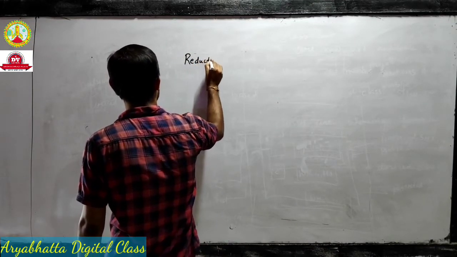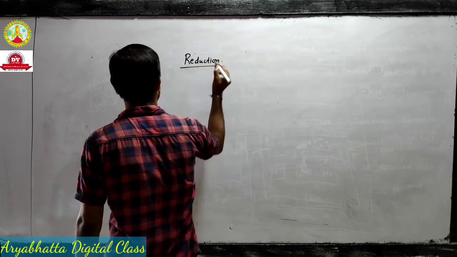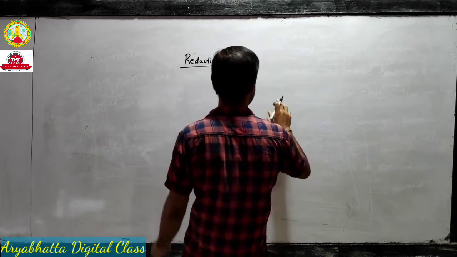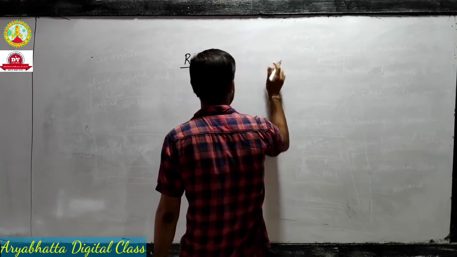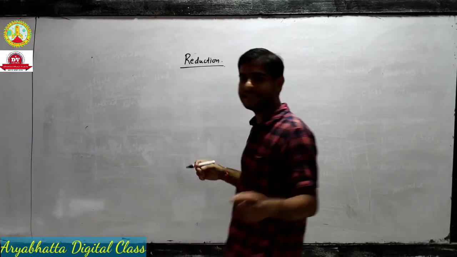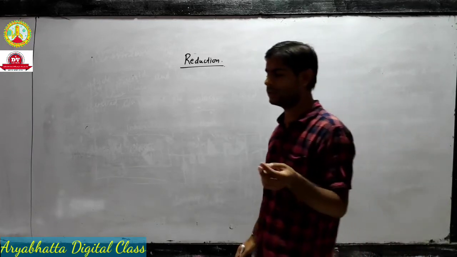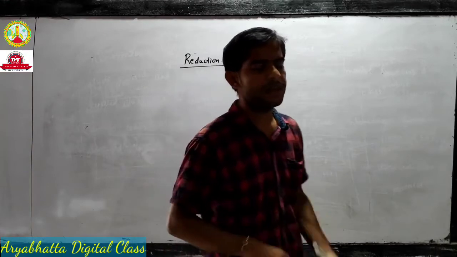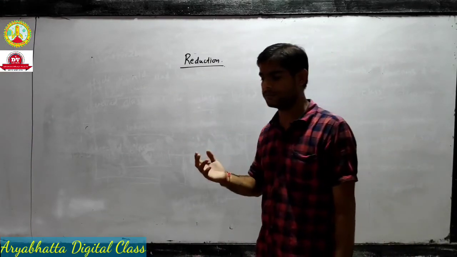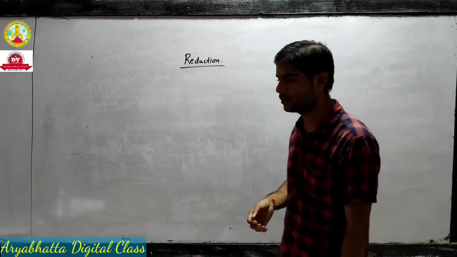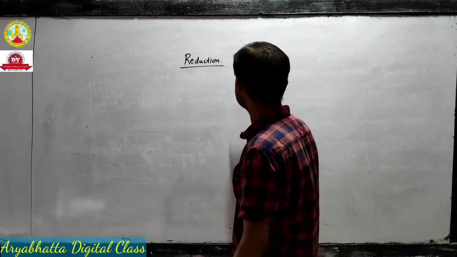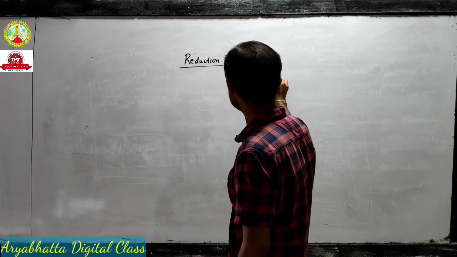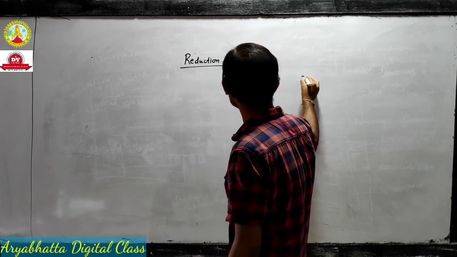Reduction in aldehyde and ketone. In unit 11, class 12, we have seen that when we oxidize primary alcohol, it gives us aldehyde, and when we oxidize secondary alcohol, it gives us ketone. And you must know that oxidation and reduction